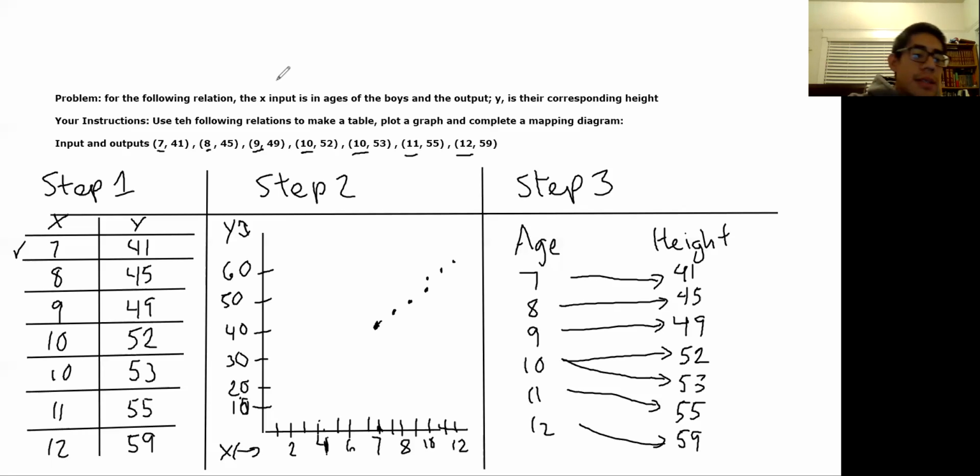The thing about this, right? Sorry, let me just make sure I got them all. The thing about this is you're trying to figure out if a relation is a function. And in order for us to determine if a relation is a function, you need to make sure that there can only be one y for every one x value, right? There is an exception to this, right? So